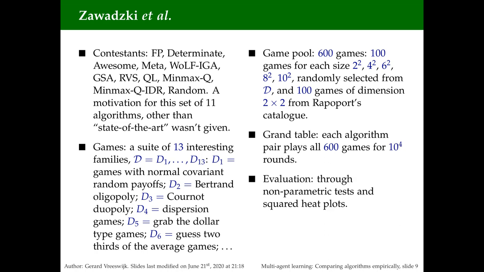And the evaluation of the performance was through statistics and looking at heat plots, which we will do in a moment. And the conclusion was that Q-learning, which is a very simple learning algorithm, and we have discussed it in the lecture on reinforcement learning, is the overall winner. So this is quite a daunting result, because you didn't see that coming, because these algorithms were quite sophisticated. Next slide.